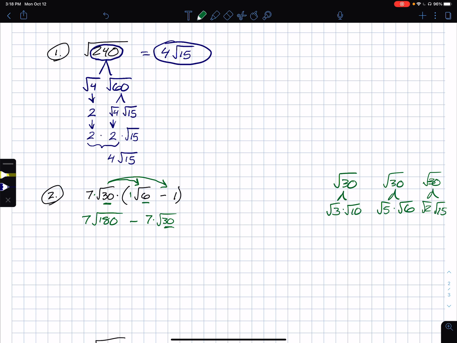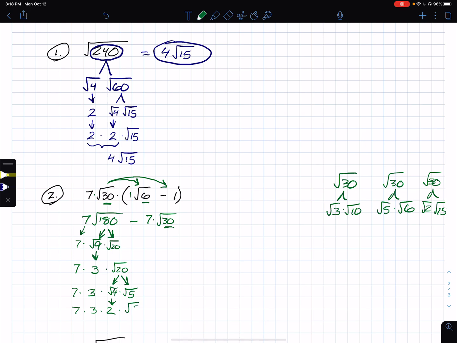So you see 180, you see 18. It makes you want to pull a 9 out, so that's fine. Radical 9 times radical 20. Okay, don't forget we have a 7 waiting out front multiplicatively. And that radical 9 is great because we could break that down to a 3. Okay, so we have 7 times 3 times radical 20. And 20, okay, 20 again is not prime, and it has a radical 4. That's the biggest perfect square we could factor out of it. So this becomes a game of knowing your perfect square factors. So this will be 7 times 3 times 2